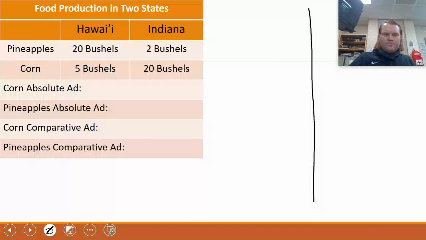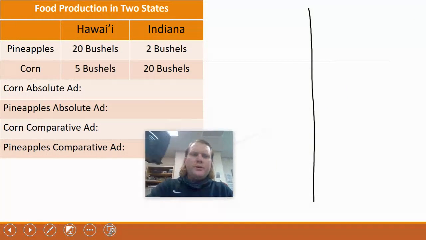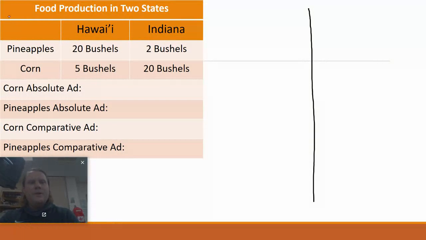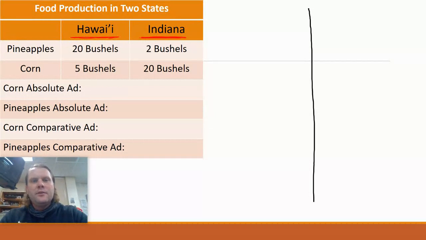So what you probably need to do is copy down this table here, so you know what we are talking about. Notice first of all, I used states in this case. We've got two states: we've got Indiana, and we've got Hawaii. Now I'm going to box these off in different colors so it's a little bit easier to keep them straight.